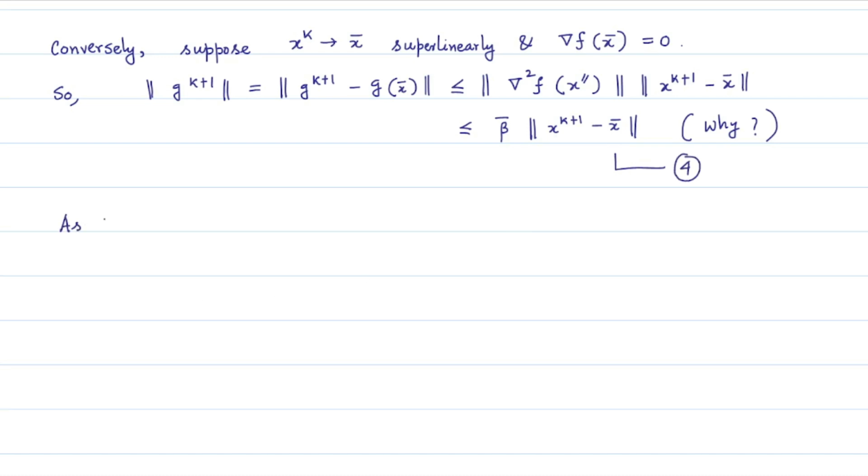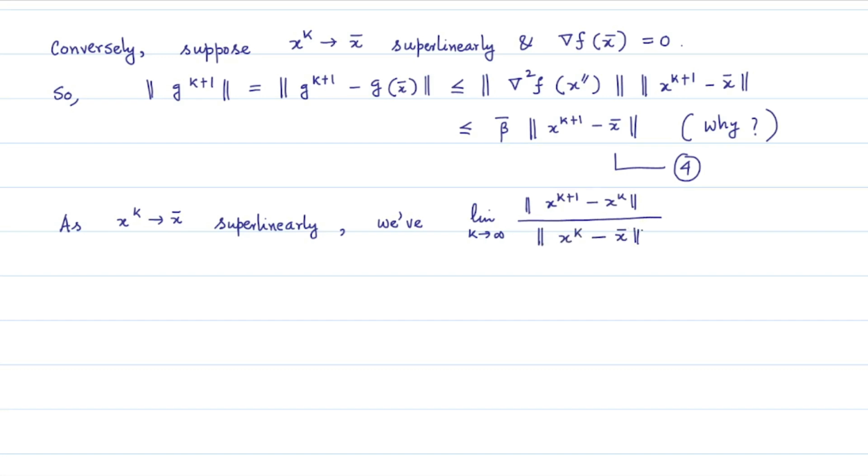Now as the sequence xk converges to x bar superlinearly, we can prove that we will certainly have limit k tends to infinity of norm of xk plus 1 minus xk divided by norm of xk minus x bar is equal to 1. This is very trivial to prove. You can just quickly go with one inequality that this is indeed true, because you see that this ratio